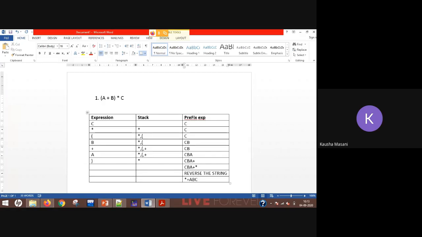This is how you are going to evaluate or solve. Don't simply give the direct answer. It's okay if you are giving the direct answer, but that should be just to confirm, or you can say just match it, that answer is getting correct or not. But when I say that you have to evaluate using the stack method, then this is how you are supposed to evaluate. Okay? Clear, everybody?